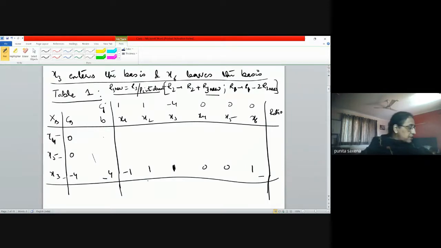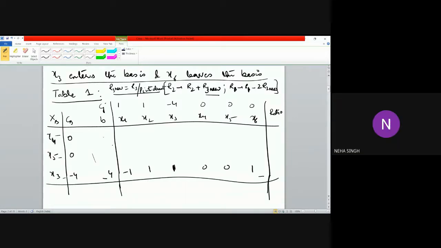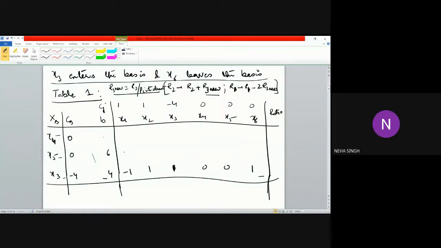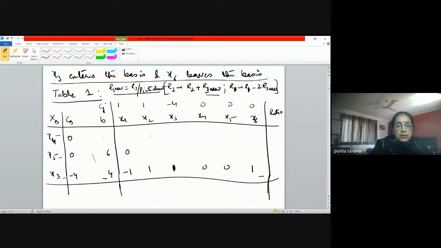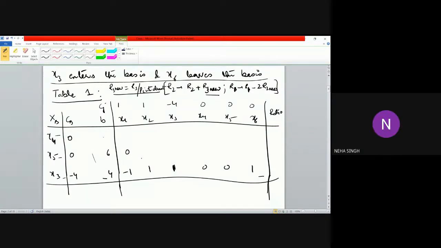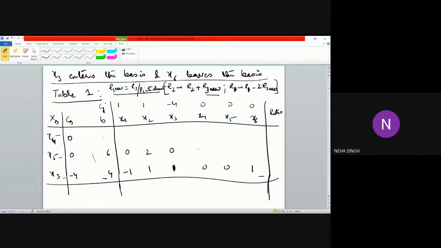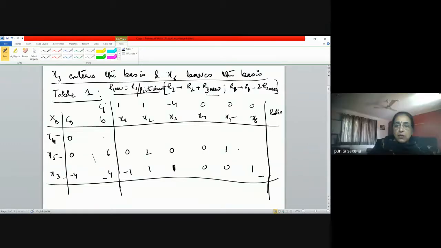So what was the first element in R2? It was 2, so basically it's 2 plus 4, that's 6. That's right. And what was this element? Again 1, so we add -1, that is 0. It becomes 0. Then there it was 1, and here it is 1, so it becomes 2. Very good. And this will be 0 here. So it's 1, 0, 1, 1. Right.